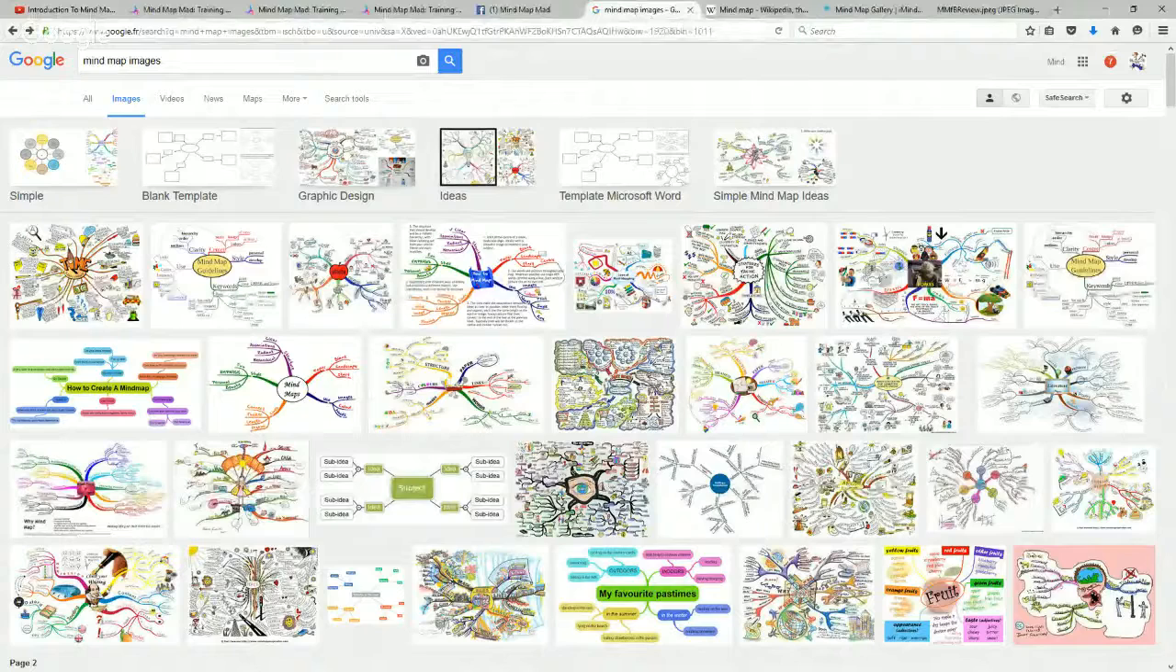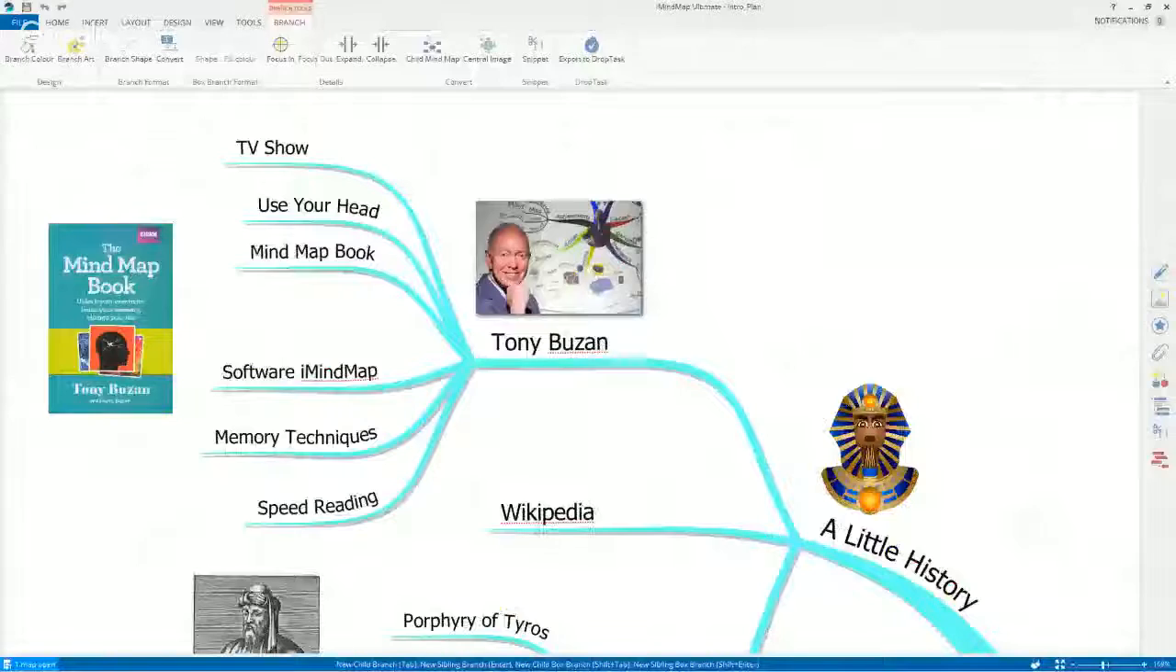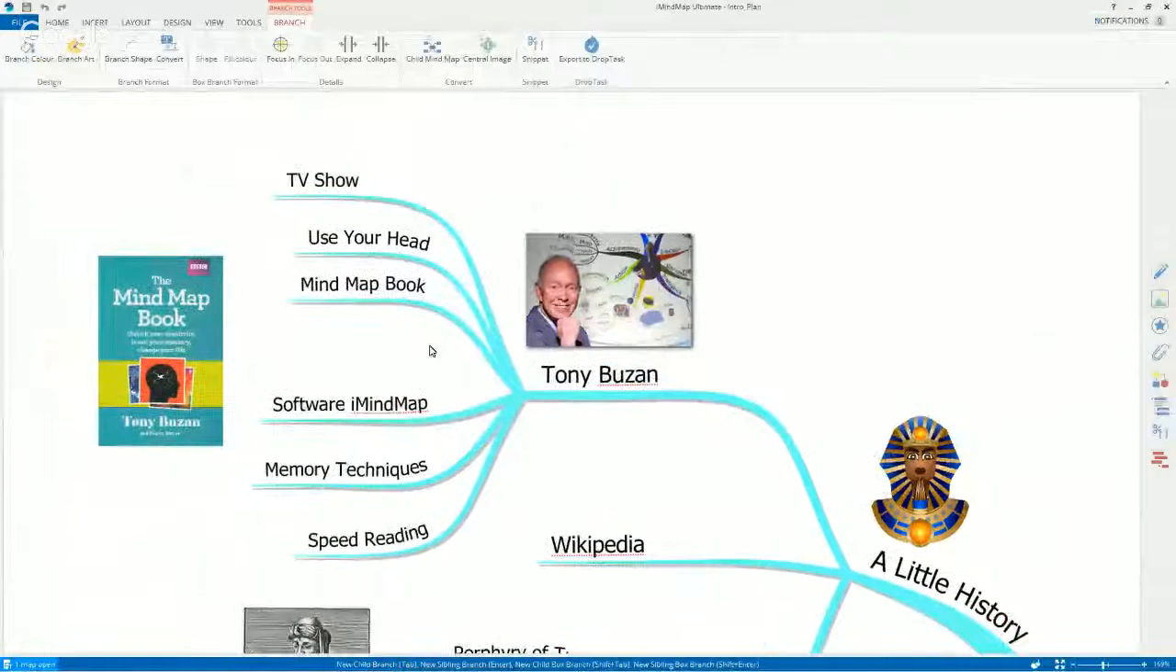So mind mapping as we know it today is pretty much down to Tony Buzan. He became well known with a TV show called, I think it was called, Use Your Head, and this was a book as well. And I have a copy of this book somewhere on my bookshelf. Then his most recent fame, I guess, is through mind mapping and books like the Mind Map book. And he also teamed up with someone called Chris Griffiths and created software